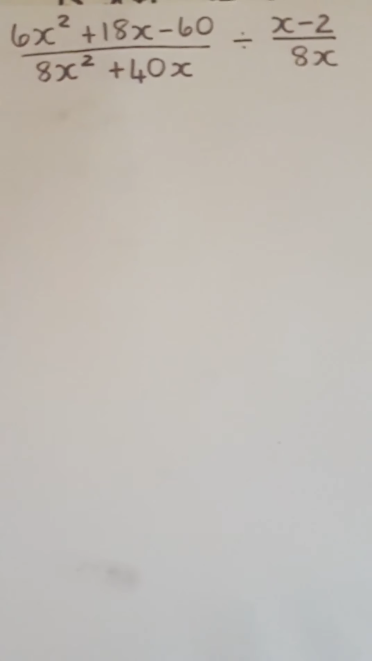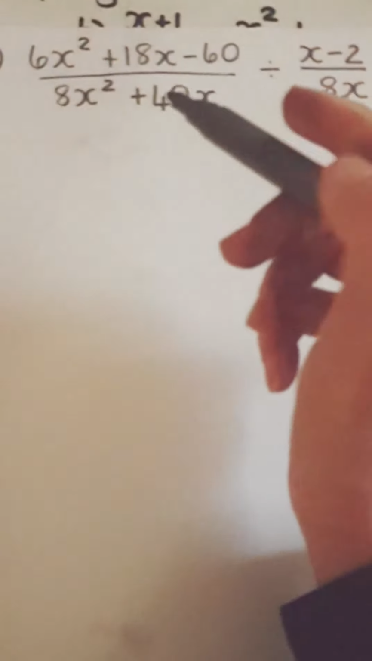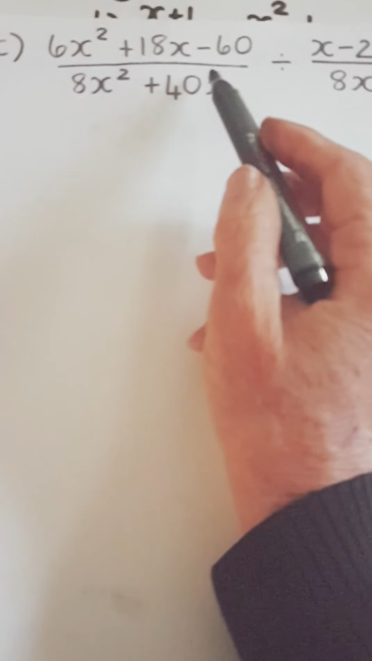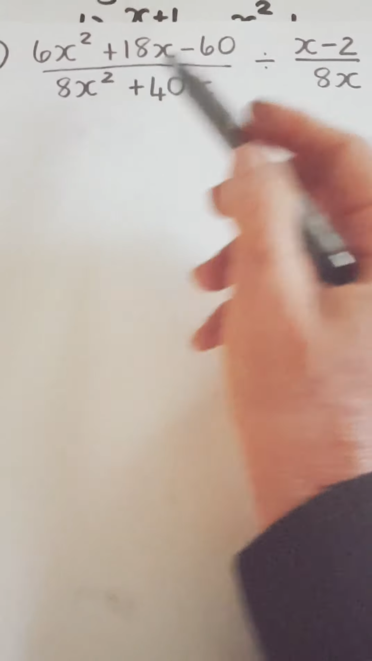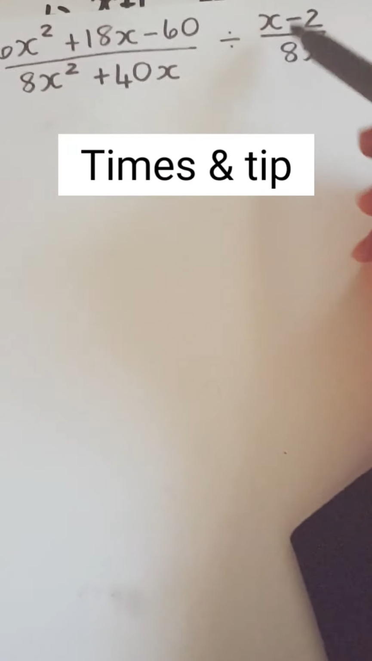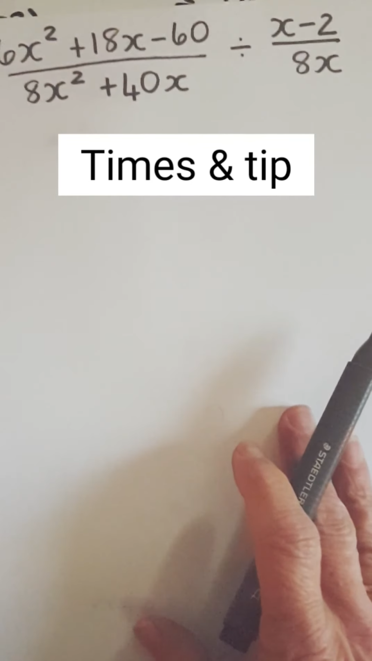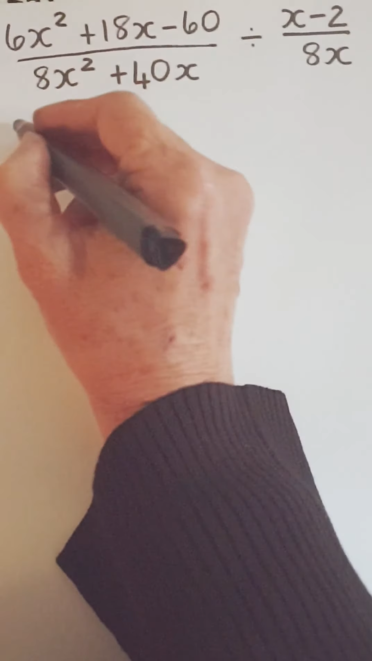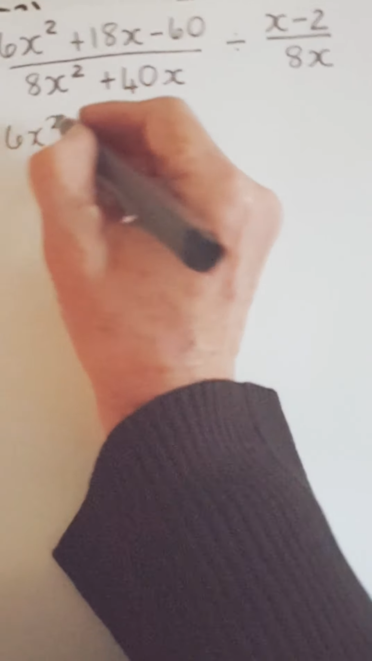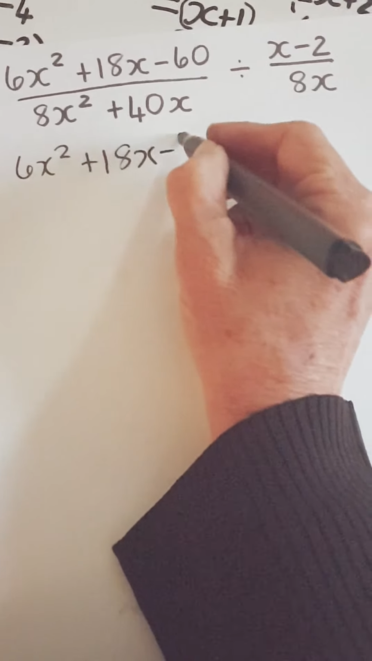So we're going to say, and I'm dividing now as well. So a trinomial, 3 terms in the numerator, 2 terms in the denominator. I'm dividing with a fraction, so let's just rewrite this first before we forget to do that. So I'm going to get 6x squared plus 18x minus 60